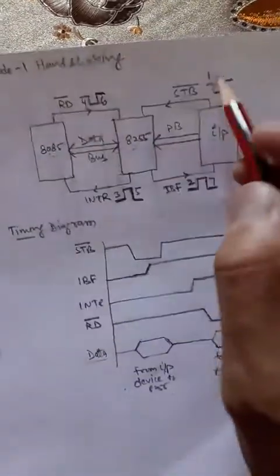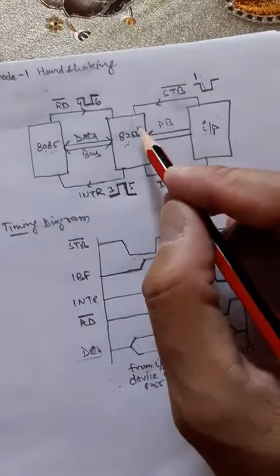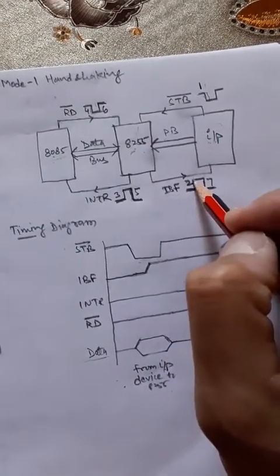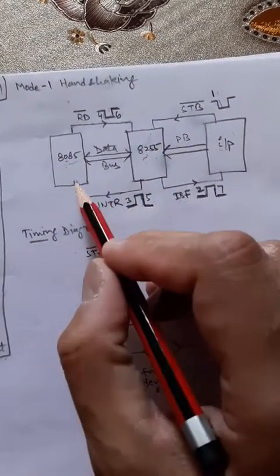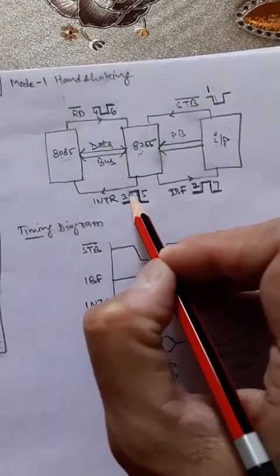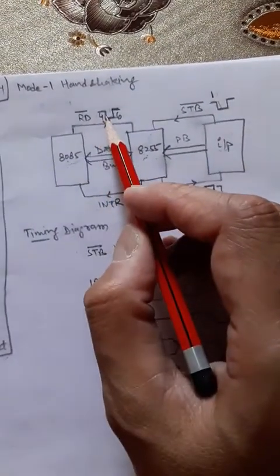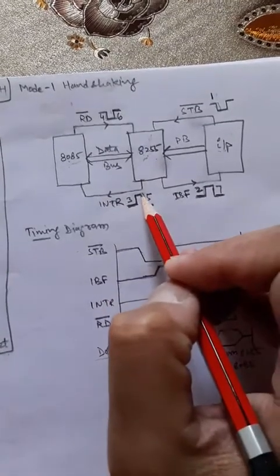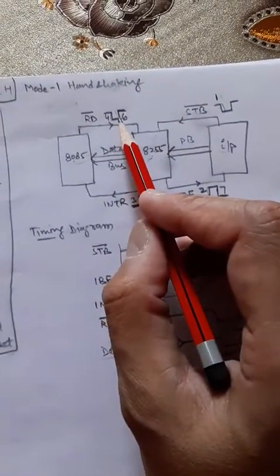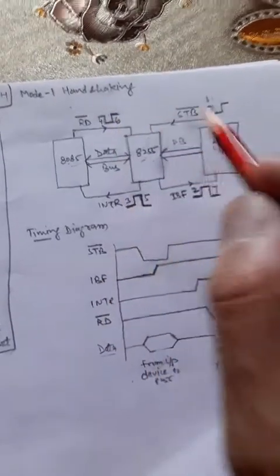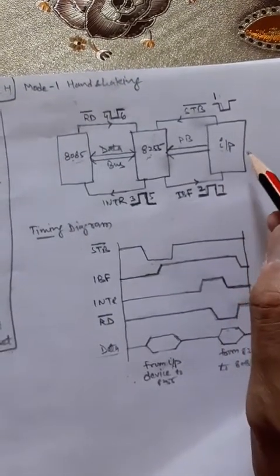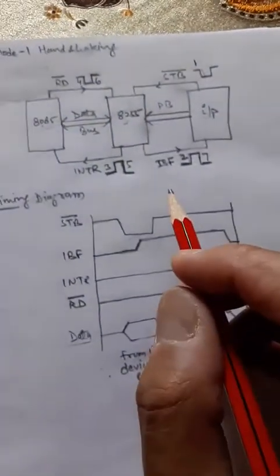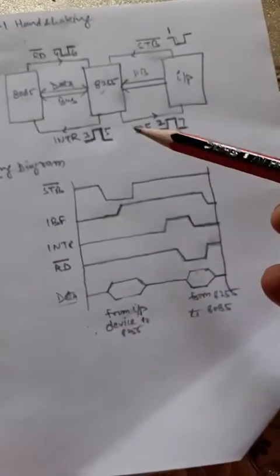So these are the steps. First, the input device sends the strobe signal. Once the data is received, the 8255 keeps IBF high. Then, having some data, it sends INTR to the MPU by keeping INTR high, and the MPU starts reading the data. Immediately the 8255 keeps INTR low, and after the reading operation the MPU keeps read bar high. Once the data is transferred, the 8255 keeps IBF low, telling the input device that I am free, now you can send further data. The same sequence we can show in the timing diagram.